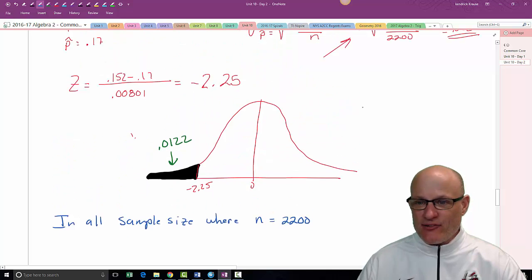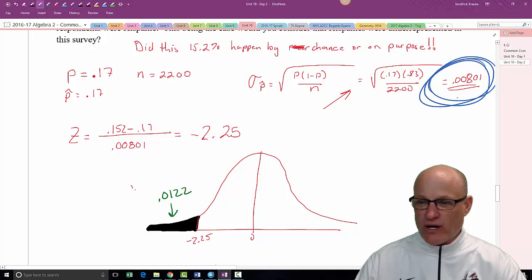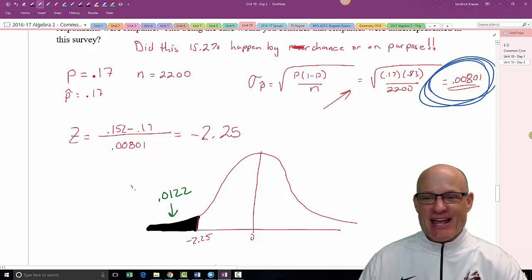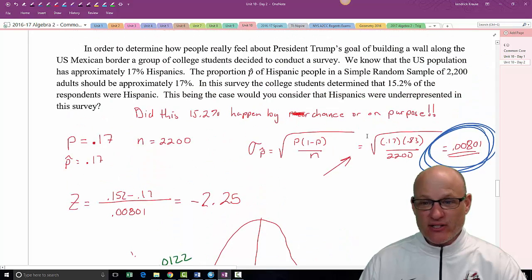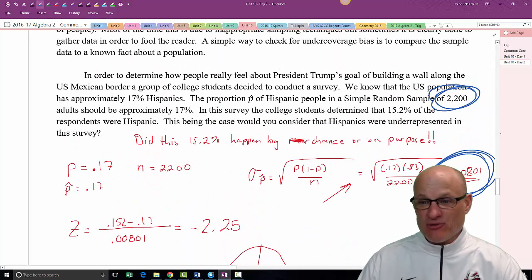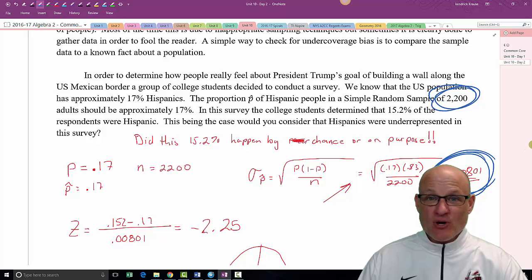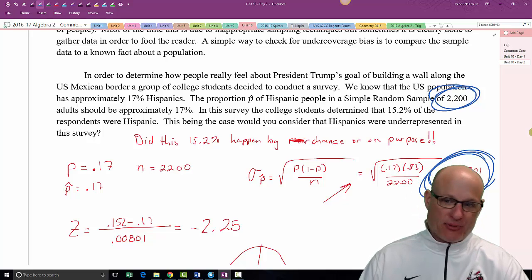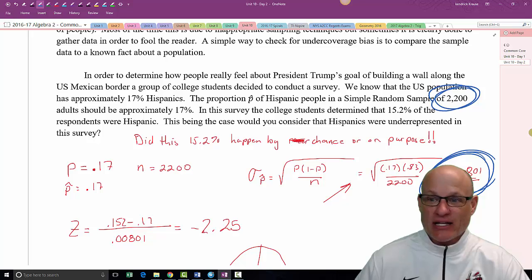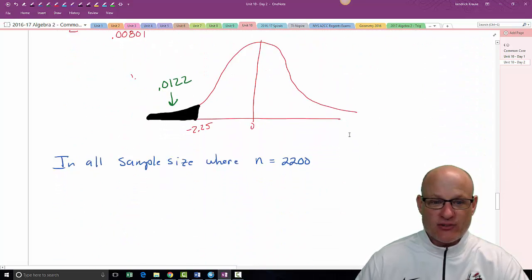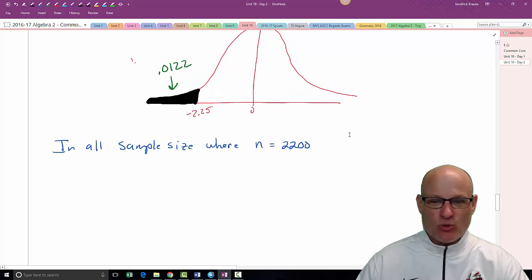Now, the reason my standard deviation was so incredibly tiny was because I had a ginormous sample. 2,200 is a huge sample, right? That would make up for the fact that you missed a lot of Hispanics, because if you're going to check all over the place, you're going to find a place maybe where you got a lot more Hispanics, because you got a lot of people, so that should cover that. Okay, so let's see what's going on. In all sample sizes where n equals 2,200, we know